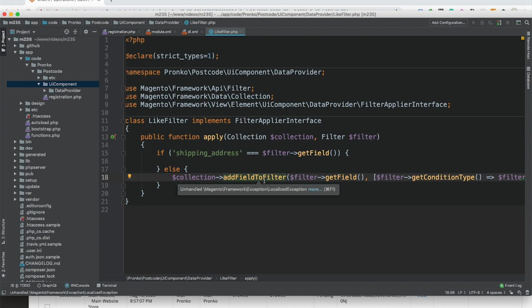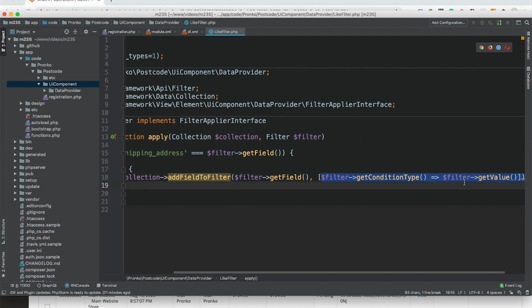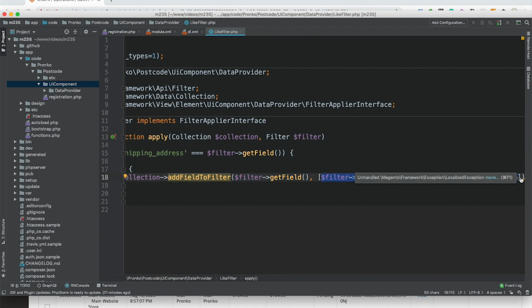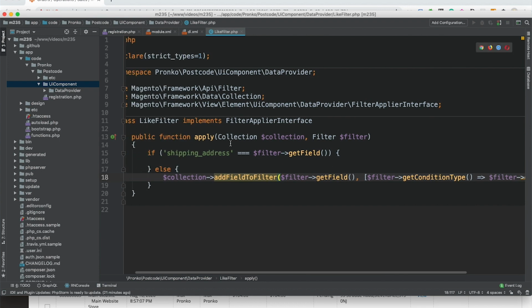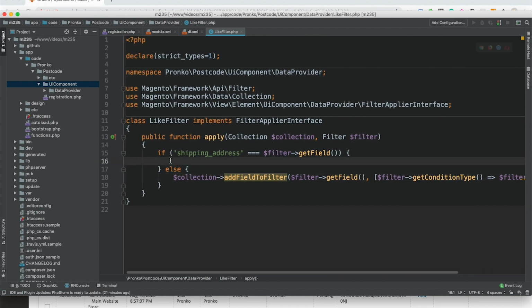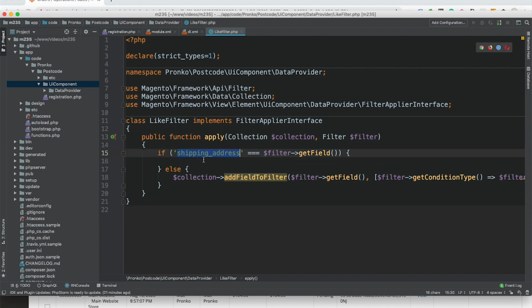If we provide an array of fields and an array of conditions and values, it will combine these conditions using an OR statement, so we can filter with space and without space our shipping address field, and postcode in particular.